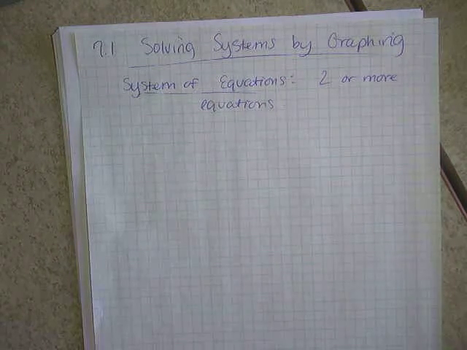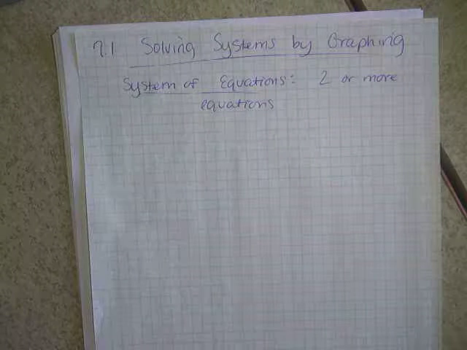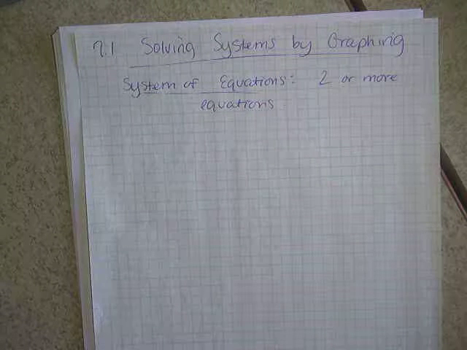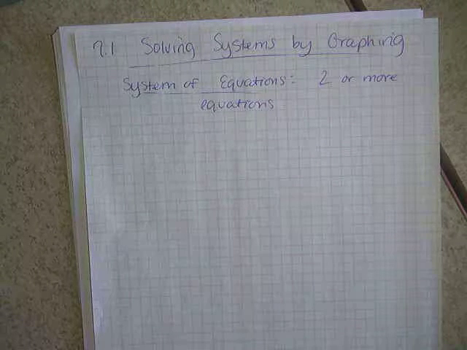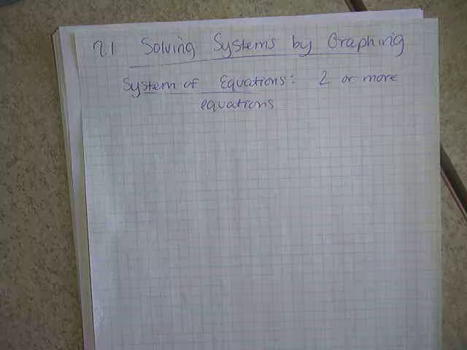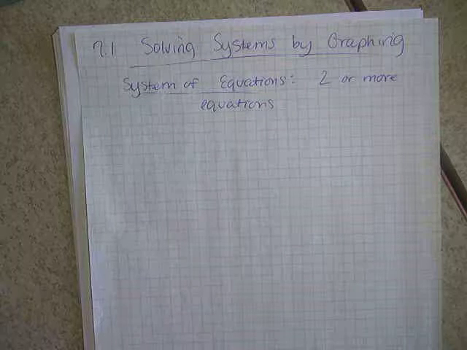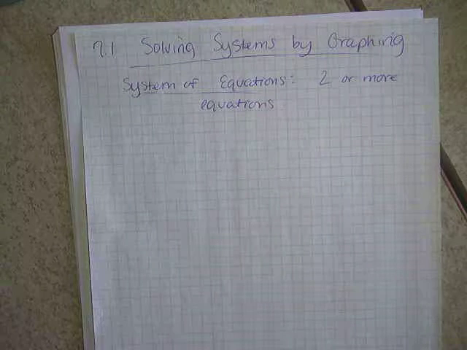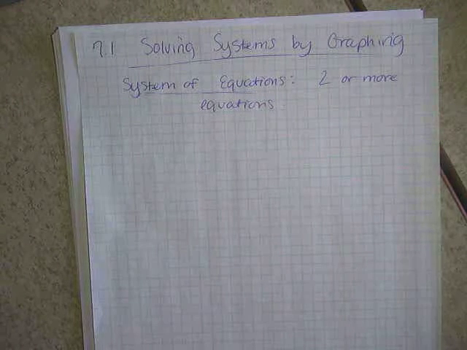Okay, we are just dealing with a system of linear equations in this chapter, but the further on you go, you could really graph any two equations of any shape and find solutions or lack of solutions, but